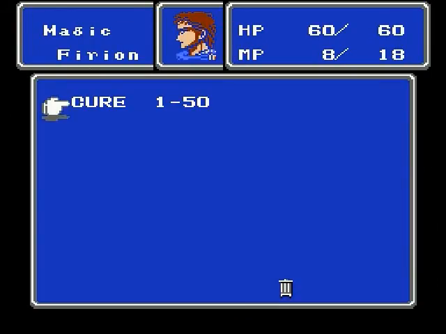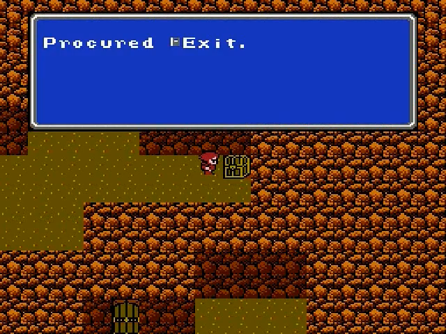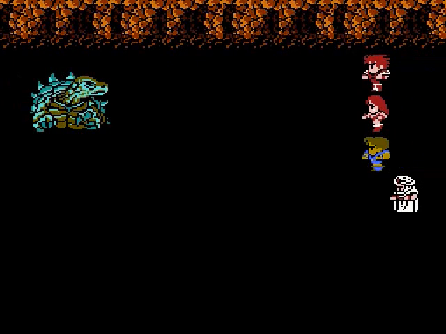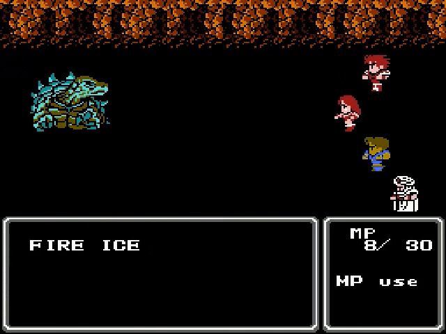Alright, looking pretty good there. Once we open this chest, we get the exit spell. But it's a trap! And this guy is extremely tough. And the primary reason I wanted the ice spell